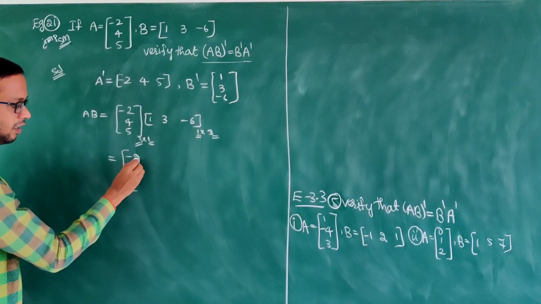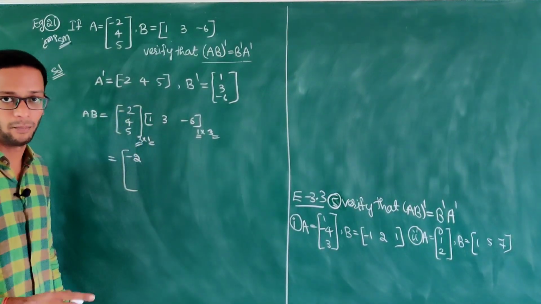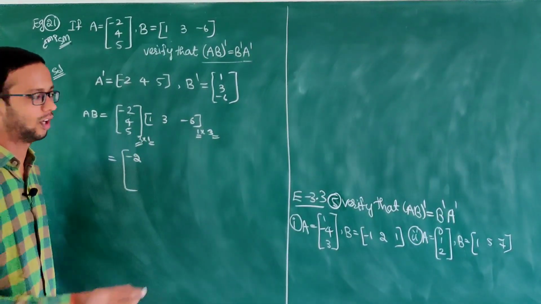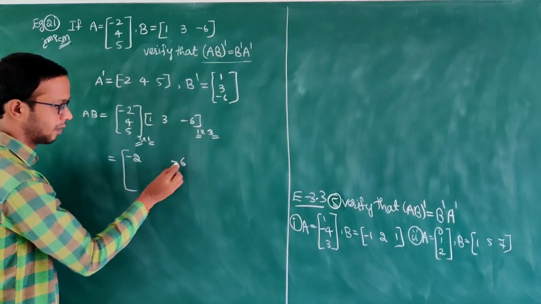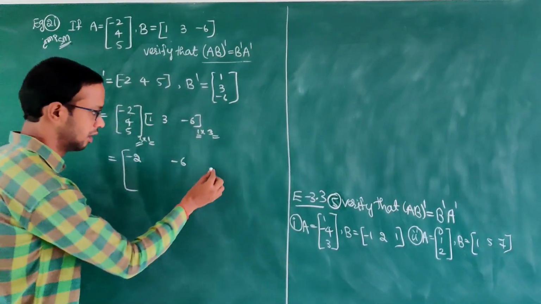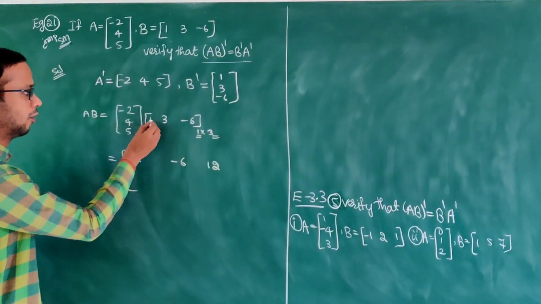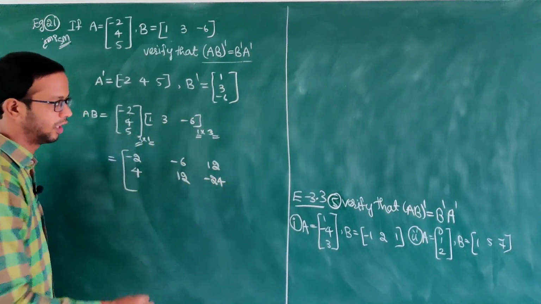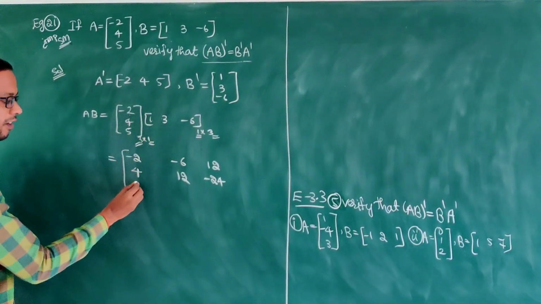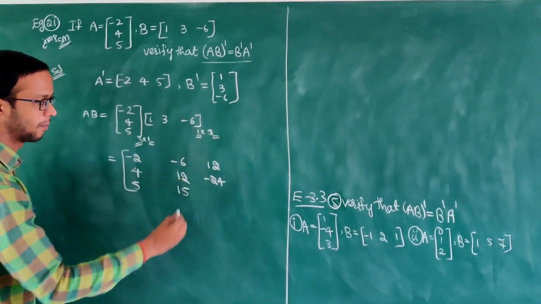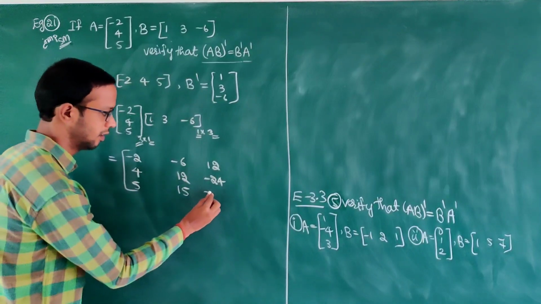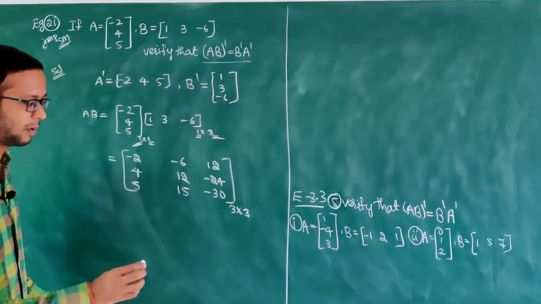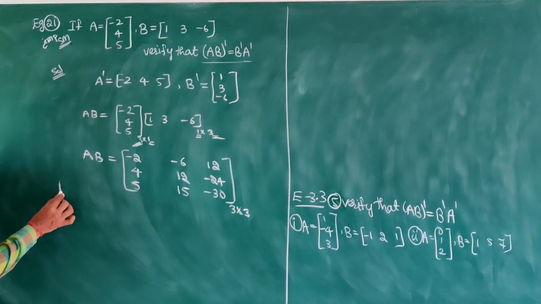Minus 2 into 1 is minus 2. Completed: first row, first column. First row, second column. I told you in previous classes also: when the column changes, leave the space, don't do the addition. Minus 2 into 3 is minus 6. Minus into minus is plus 12. Next, 4 1s are 4, 4 3s are 12, 4 6s are 24, minus is there so minus. 5 1s are 5, 5 3s are 15. Next, 5 into minus 3 is minus 30. You observe that a 3 by 3 matrix is obtained or not. So this is a perfect one. So AB. Next, what is on the left side?